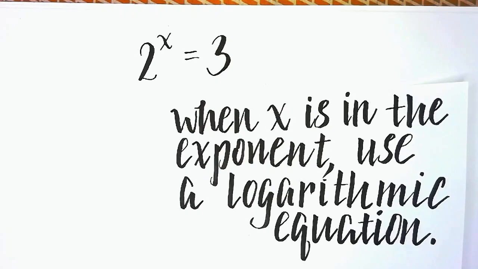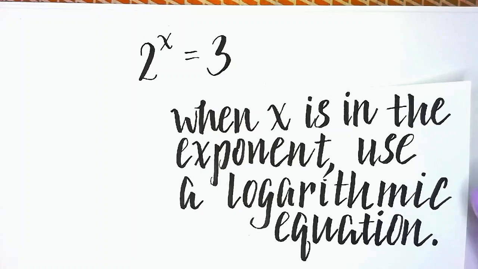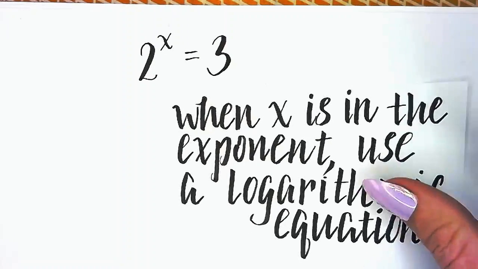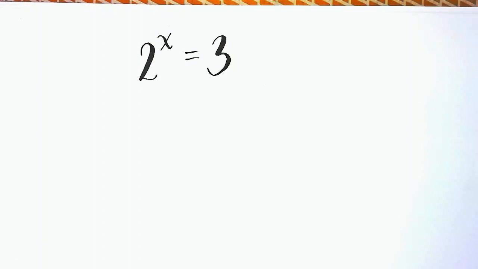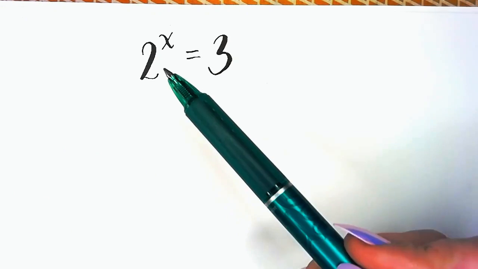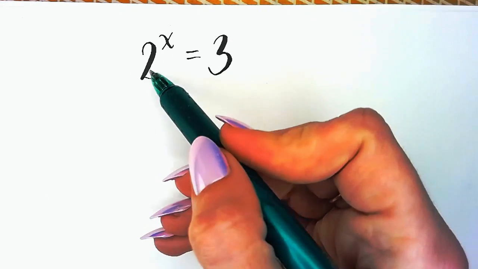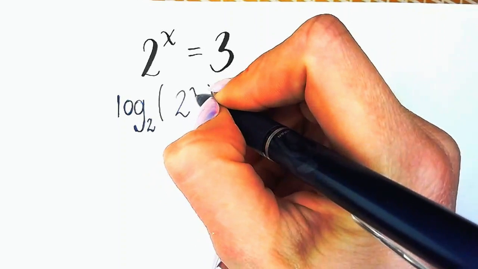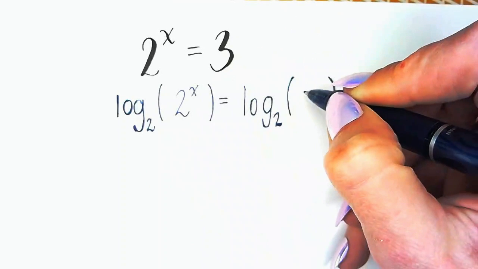We're going to use a logarithmic equation because it's the inverse of an exponential, and it will get that x alone for us. If we're going to use a logarithm, that log will have a base. It will have the same base as our exponential. The base is 2. We're going to take log base 2 of both sides. When we take the log base 2 of 2 to the x power, since they are inverse operations, you need to think of this